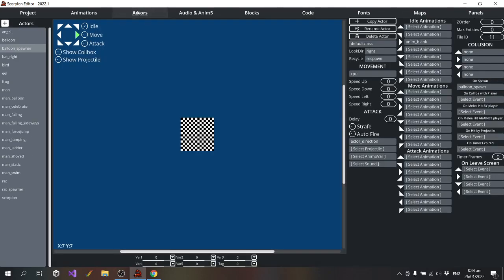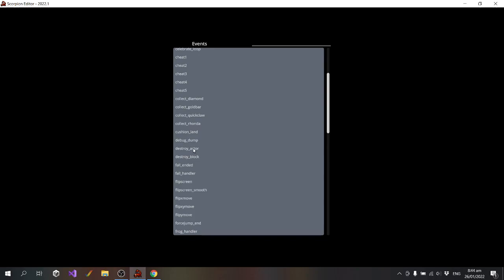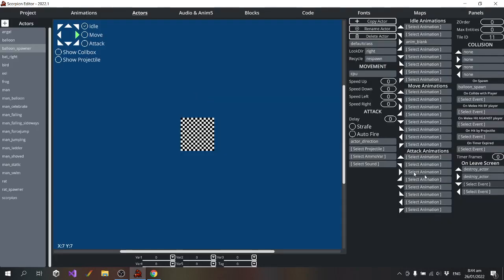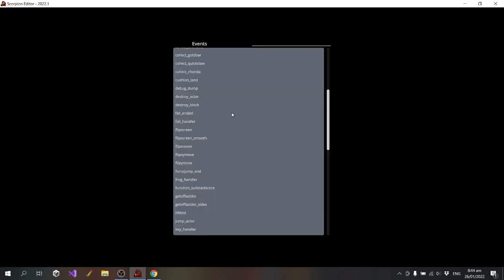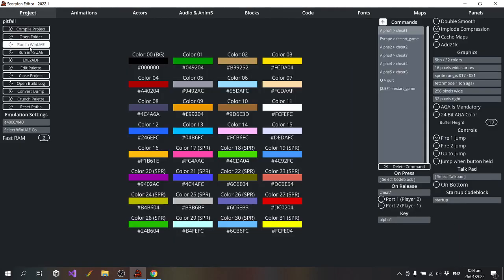Instead of doing it that way, I'm just going to make sure that whenever the balloon spawner is off screen, it destroys it, so that it should be ready to spawn a new balloon.